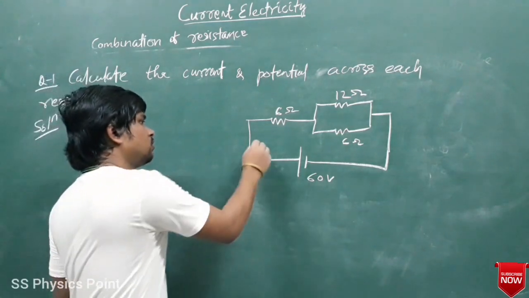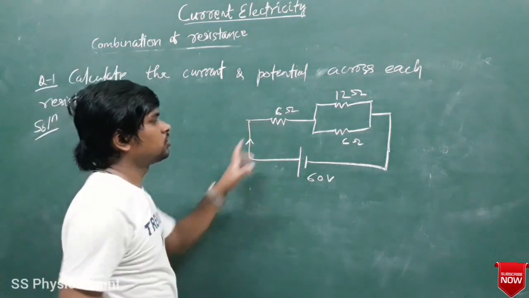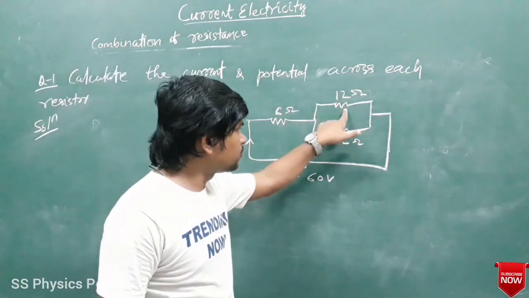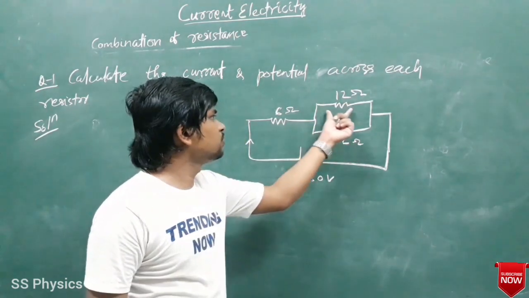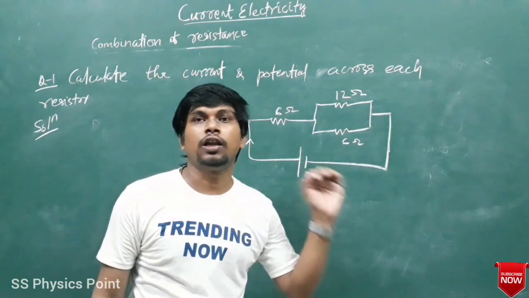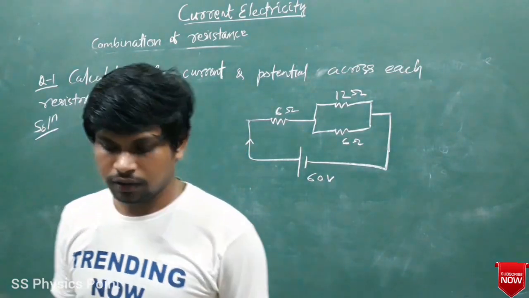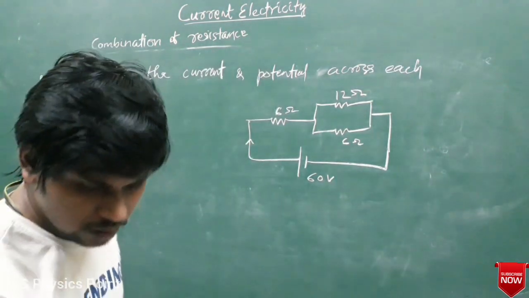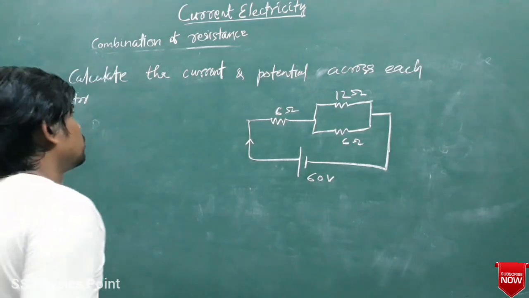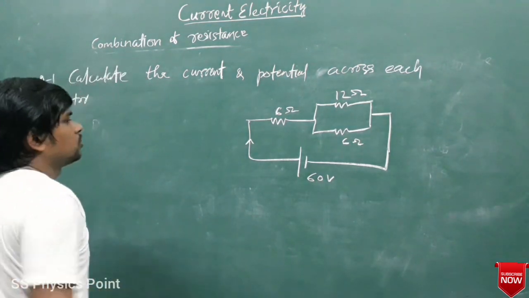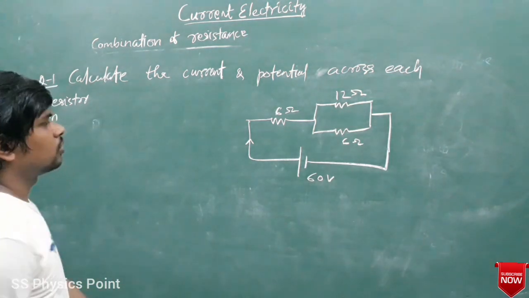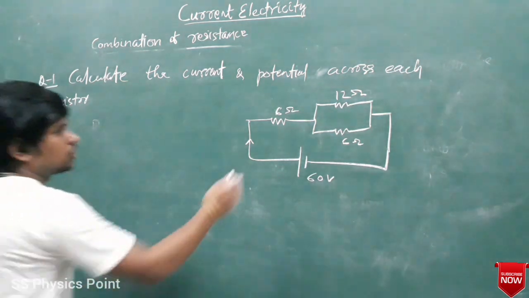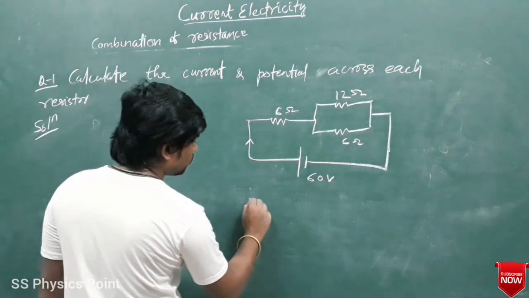तो फाइंड द करंट अक्रॉस ईच रजिस्टर। इसमें कितना करंट जा रहा है, इसमें कितना करंट जा रहा है, इसमें कितना पोटेंशियल, फाइंड द पोटेंशियल। जस्ट पॉज द स्क्रीन, स्क्रीन को पॉज करो और खुद करने की कोशिश करो। देन लुक एट द सॉल्यूशन। सो हाउ विल यू डू? द वेरी फर्स्ट थिंग इज दैट जस्ट रिड्यूस द सर्किट।